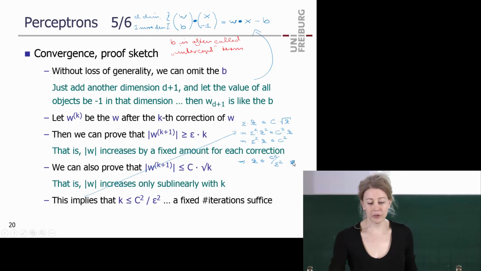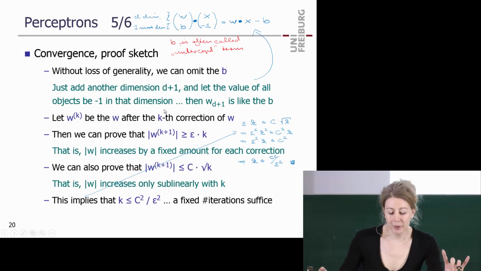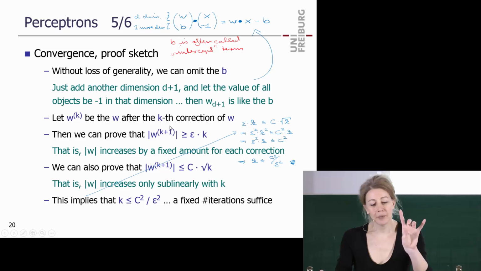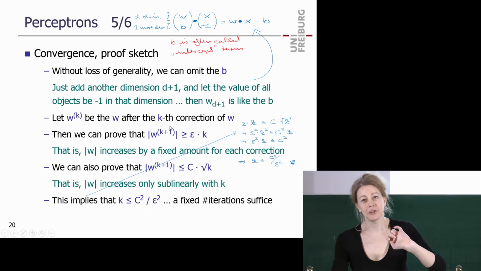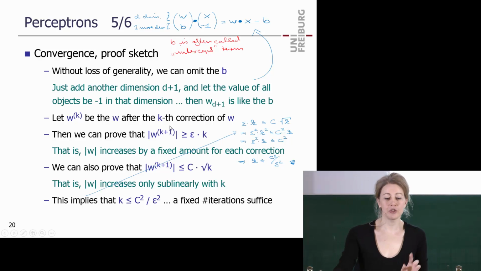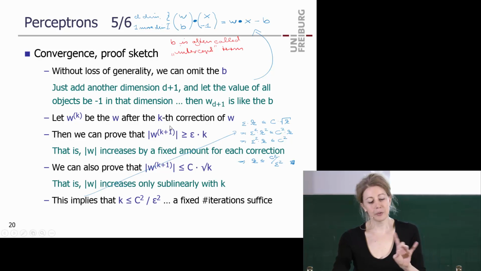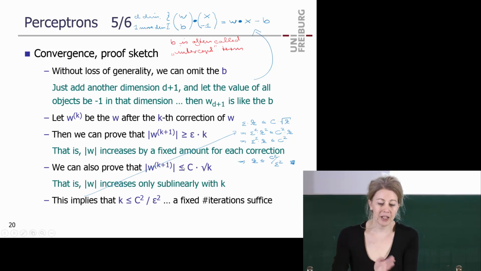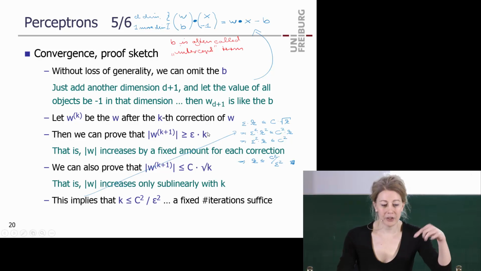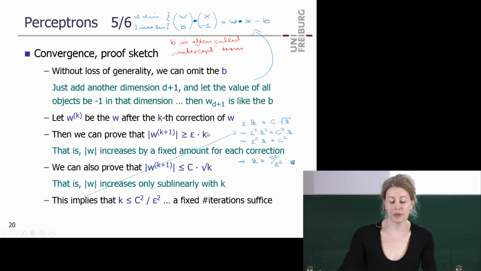So if you prove these two things, if you come up with a better intuition why this works, I'm really interested. What you are doing, I mean, the best intuition I come up with is that you always correct the W, at least to some extent, in the right direction. But this doesn't give you intuition. The intuition I was looking for is why don't these things cancel out? And here you have an argument from a completely different direction, right? That the length of the vector by one argument always makes an improvement, and by another argument it's bounded above by something sublinear in k, and this means that the number of corrections can't be arbitrarily high.